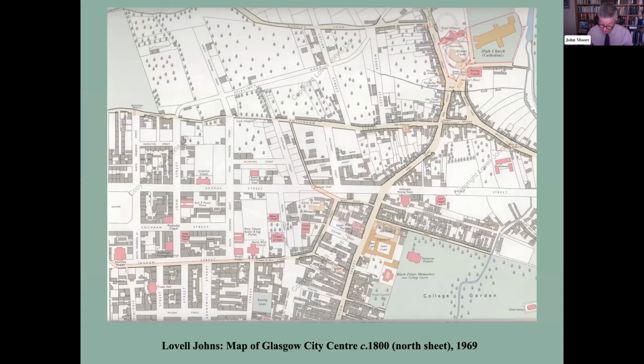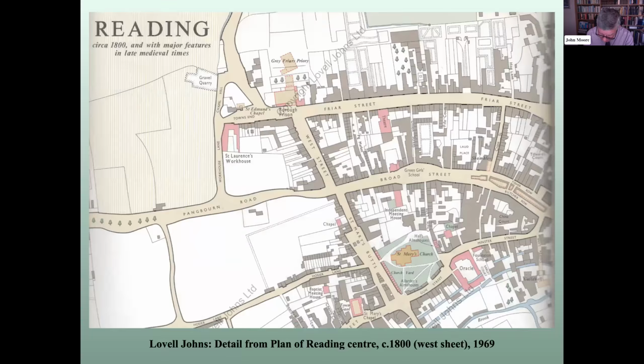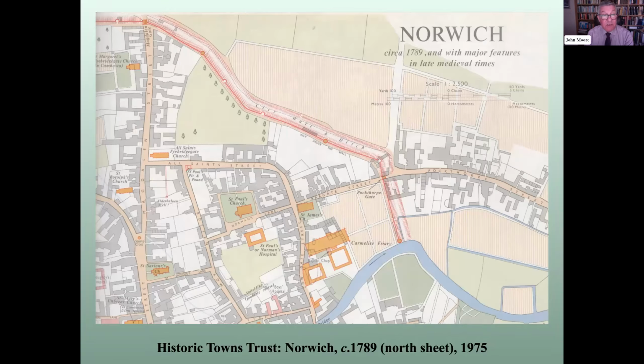Established in 1963, the British Atlas of Historic Towns project is part of this wider programme. 6 years later, it published its first volume of historical town maps, covering a range of cities, including Glasgow and Reading. Mapping style has changed over time, as can be seen in this example of Norwich, included in the second atlas published in 1975. 14 years later, a third volume appeared entitled The City of London from Prehistoric Times to circa 1520, which unsurprisingly focused on the one location.